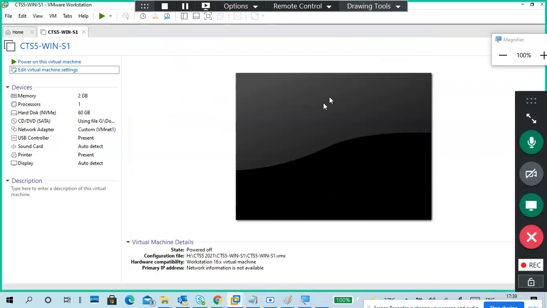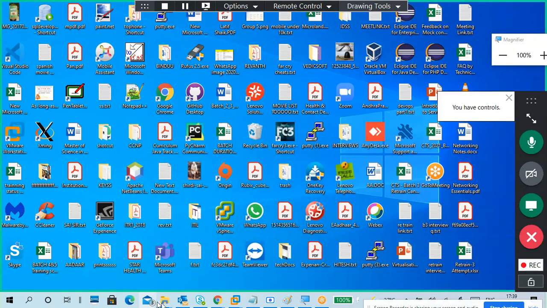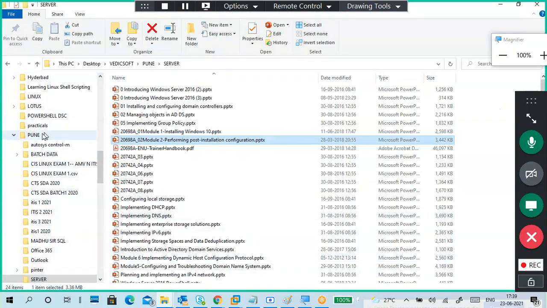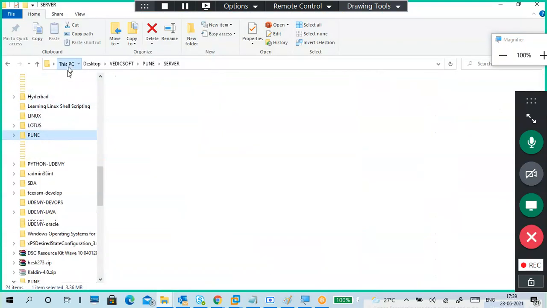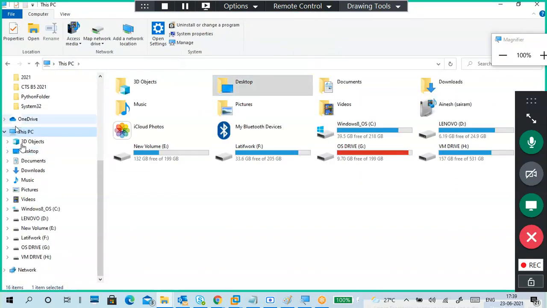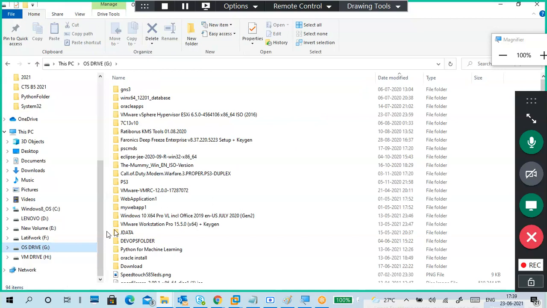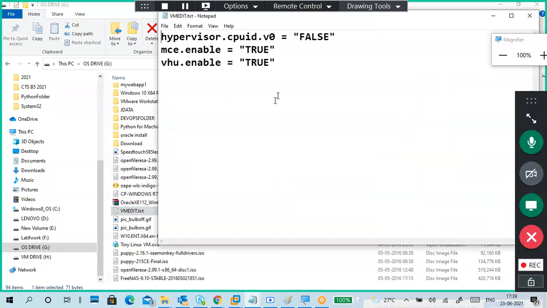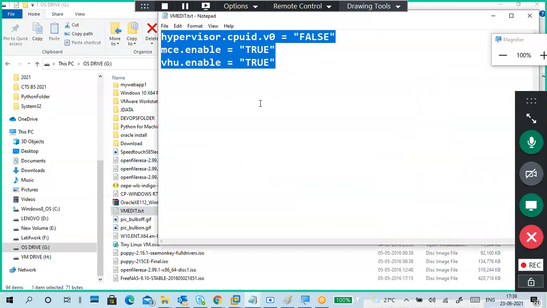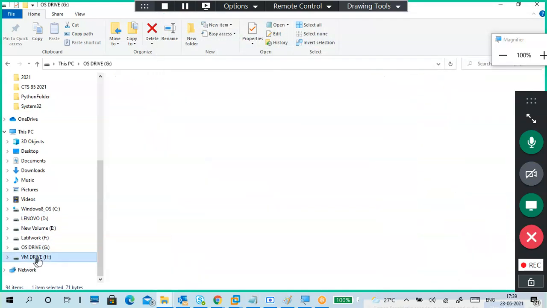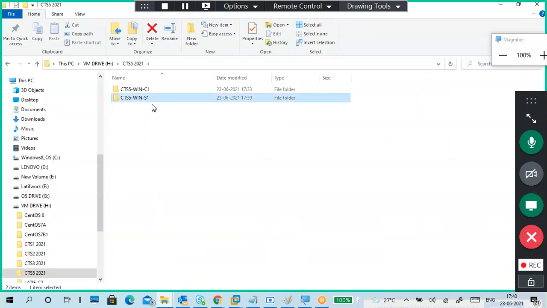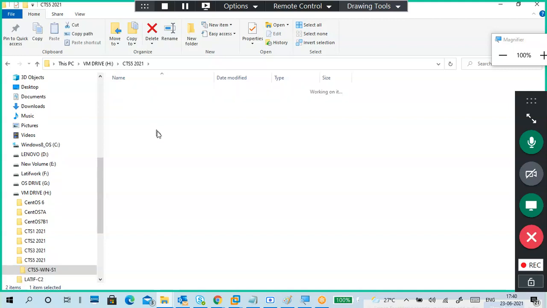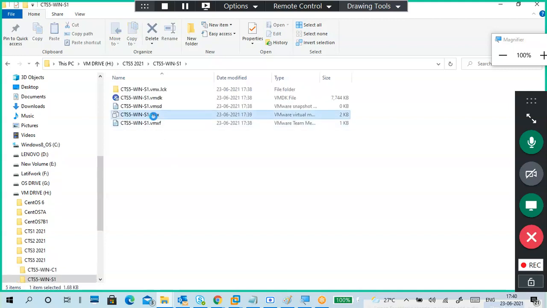Okay, wait a little bit. I have to add 3 lines. That is confusing, so I'm doing that one. Here the vmnet file, edit the file. Guys, we are adding this for Hyper-V purposes only. If you forget to add these lines it's okay, but I want internal virtualization. For this only I'm adding. So this is the S1 folder, and this is my .vmx.